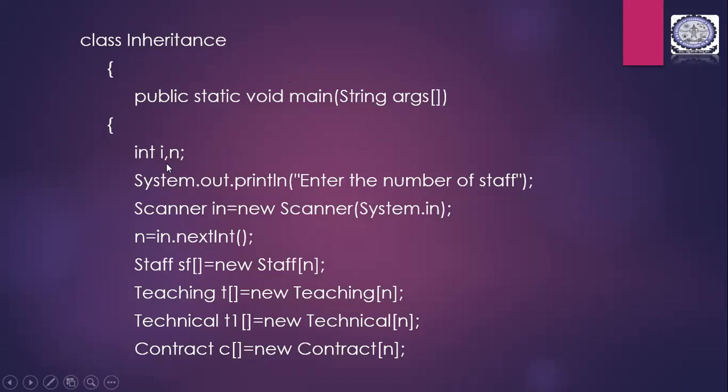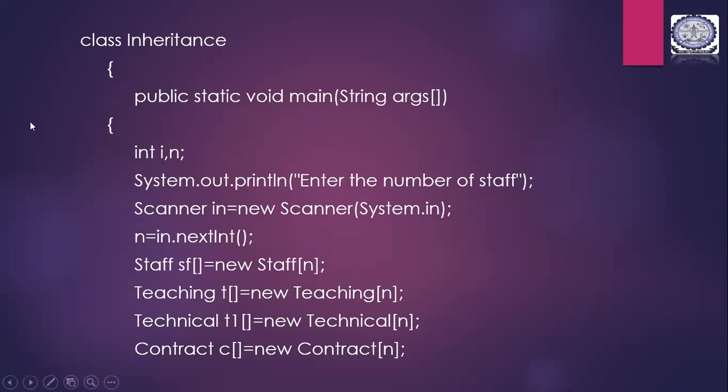And here you are declaring two values, int i and int n. Int i is for the for loop, to increment and take in the variable values. And n here is to ask the user for how many staff members they want to enter the values. For how many staff members you want to enter the values is given by n, and i is for incrementing the memory location of these staff members to put in the values.